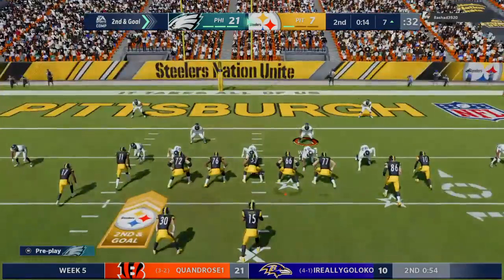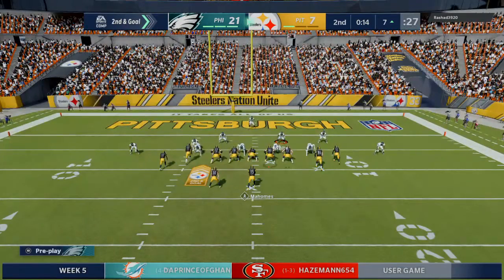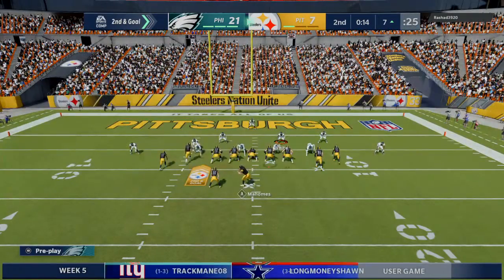Let's put that team on the hunt. 41 Mike. 41 Mike. Hey, we got to get this stop here, D. Here,